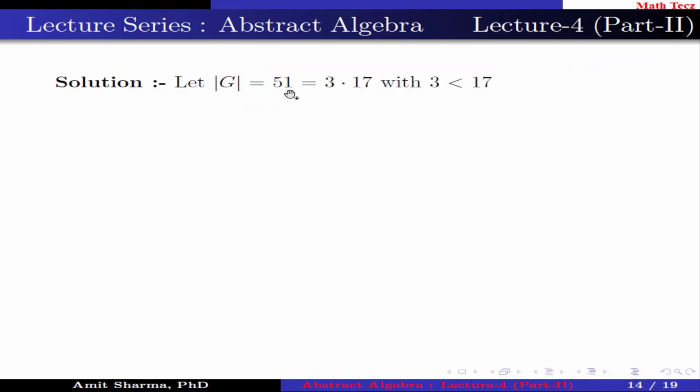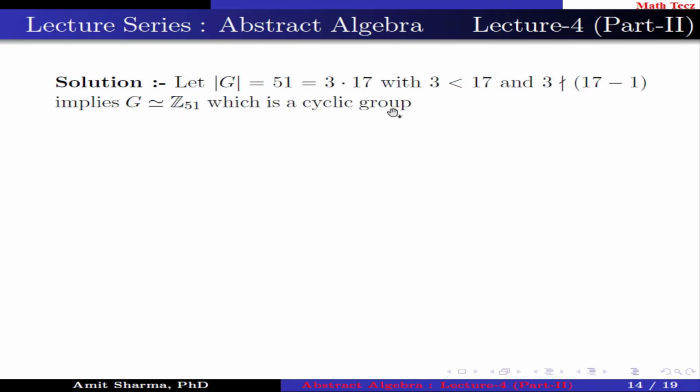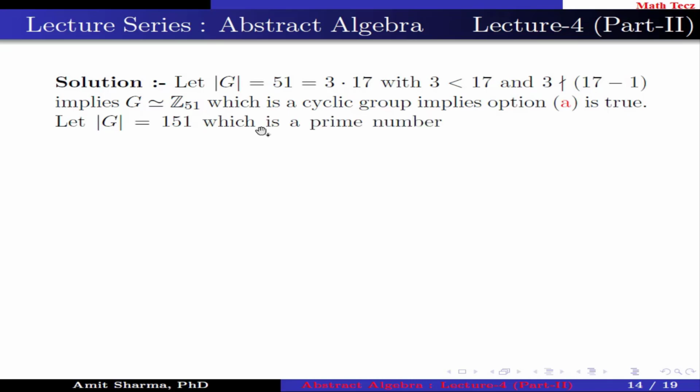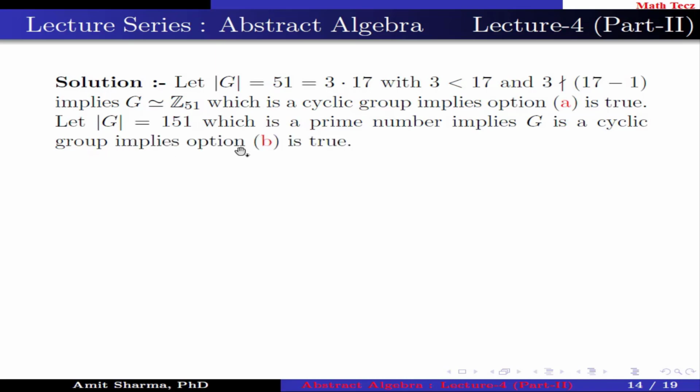Let the order of G be 51, which can be written as 3 into 17 with 3 less than 17, and 3 does not divide 17 minus 1. This implies G is isomorphic to Z51, which is a cyclic group, so option A is true. Let the order of G be 151, which is a prime number, so G is a cyclic group, implying option B